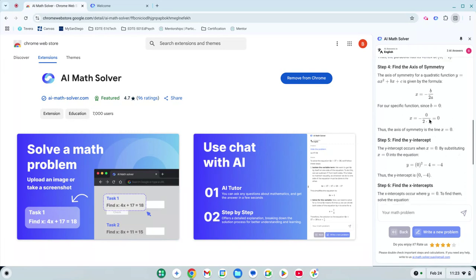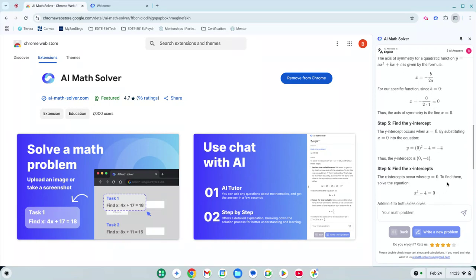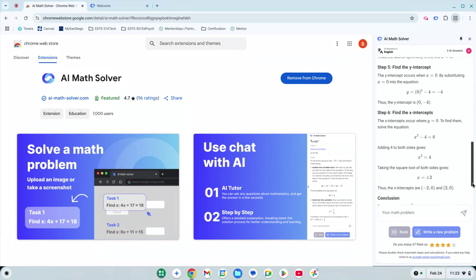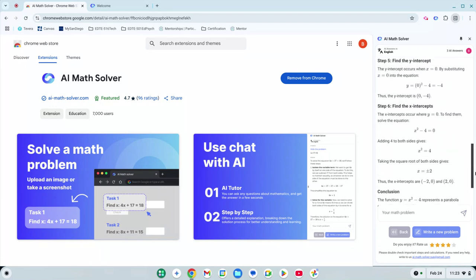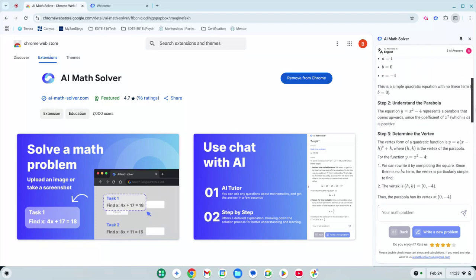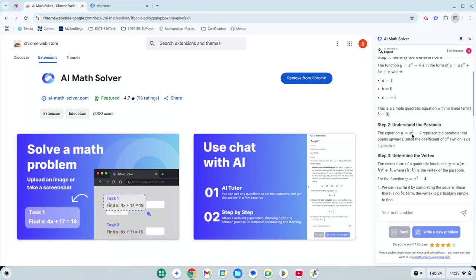It's the symmetry, the intercepts, all that stuff. It does give you the shape and some coordinates of how you would graph it, but they don't actually graph it, and I kind of like that. It gives you a little bit of why it is the shape it is, because it's a square and it's quadratic, as it's going through the variables. Anyway, I don't want to take a deep dive either, but it does a very thorough job.